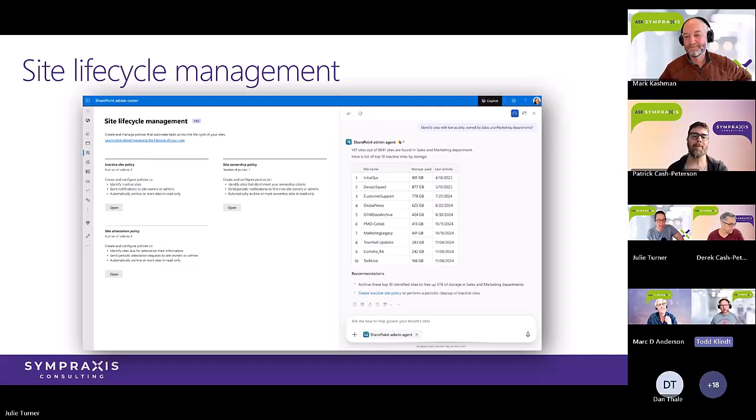So I'm not as big a fan of this one, but it is in there. Now, for all of these reports and all of these policies that you set up, you have some general things you can do. You can exclude sites. So if you have a site that you know is going to be inactive, that has old information that you want to make agents go against or be able to have search stuff on, you can have them excluded from these reports. Site ownership, if you know there's a site that only has one owner because it's very secure, you can exclude that from the reports.